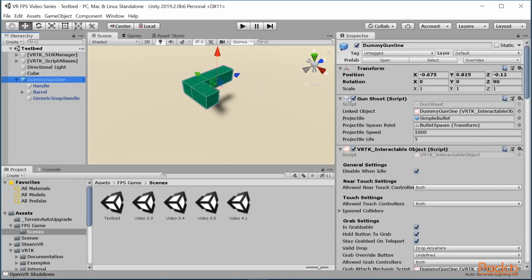There's also a script here called Gun Shoot, and later on we're going to customize this to be our very own script instead. But since we're going to be modifying this from the original VRTK elements, I'm going to rename this object from Dummy Gun 1 to instead be Handgun, because that's what we're actually going to be building. Press Enter to complete, and afterwards, I'm going to go ahead and go to FPS Game here in the project